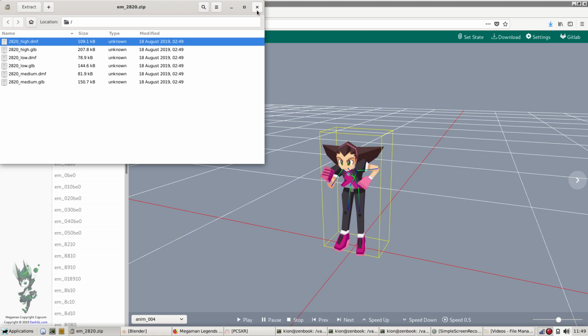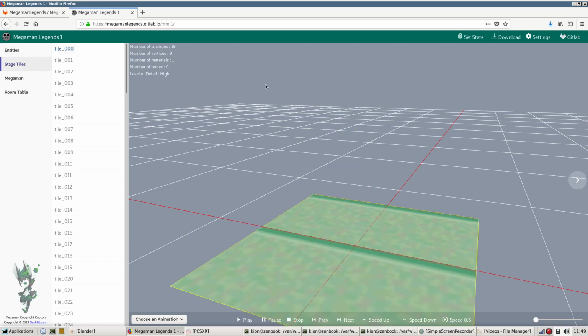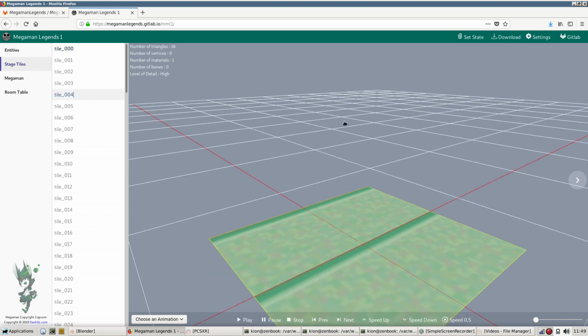There's not as much need to do anything with it, and it should work in most places. But in terms of support, it's a lot easier for me to support DMF because it's a simpler format. And then if we go here to stage tiles, all the tiles in the